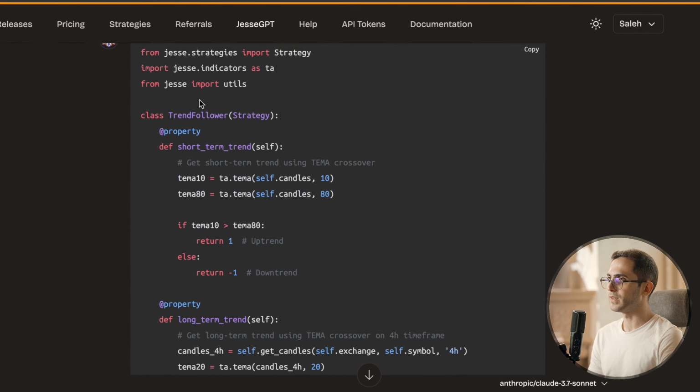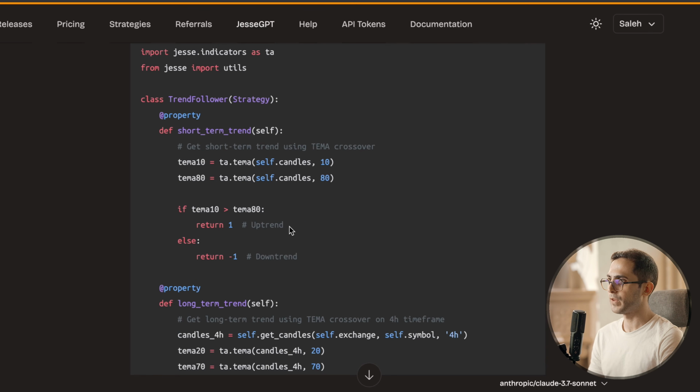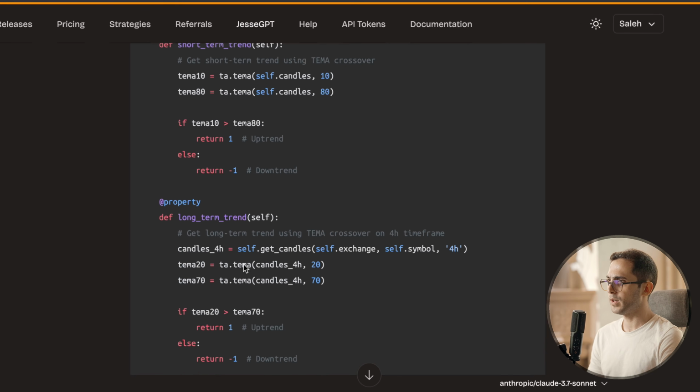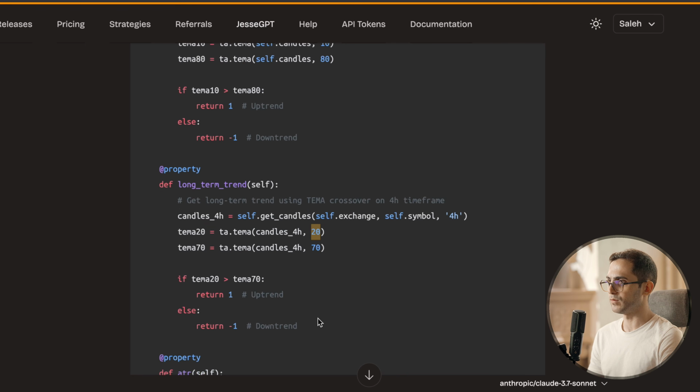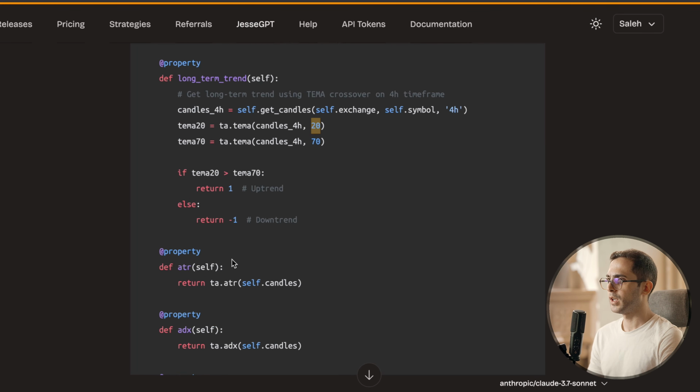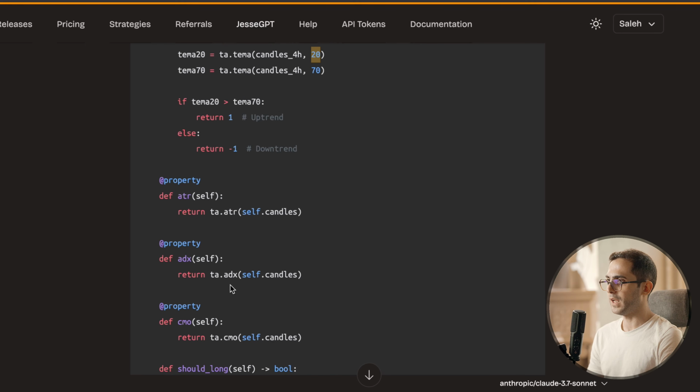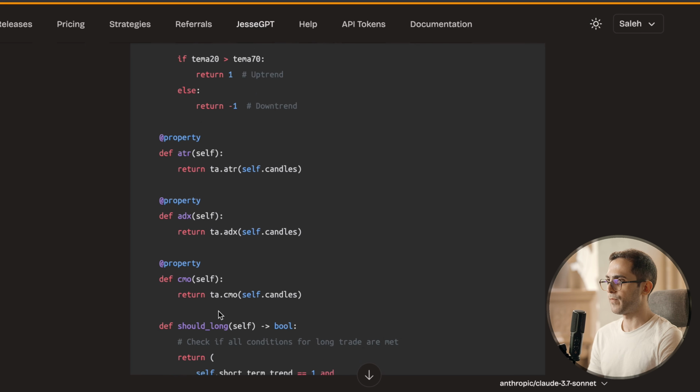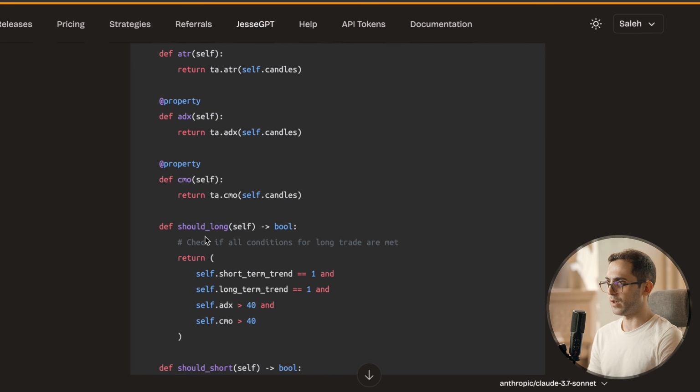All right, so here it is. This is the short-term trend. It's using TEMA with a period of 10 and 80. It's returning either 1 or -1. For long-term trend, it is using the 4 hours time frame and periods of 20 and 70, which is exactly what I asked for. Then it defined the ATR, the ADX, the CMO,